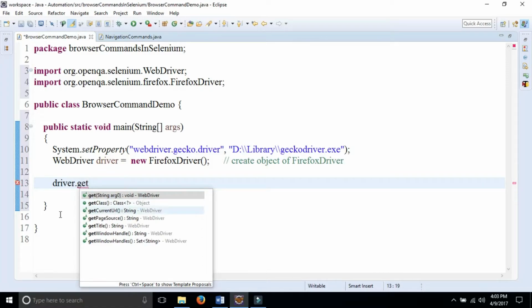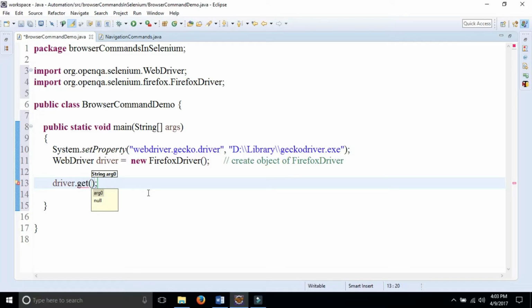Here you can see that get is a method that takes a string type argument, and it returns nothing. Listen again. Get is a method, and in this method we have to pass an argument of string type, and this method will not return anything. So select it